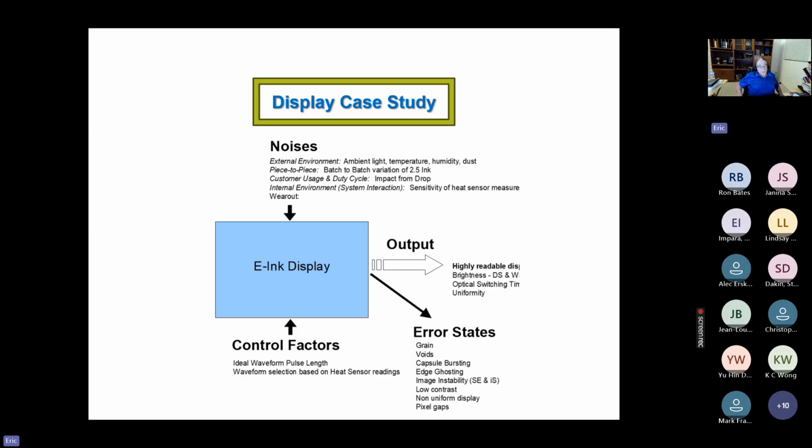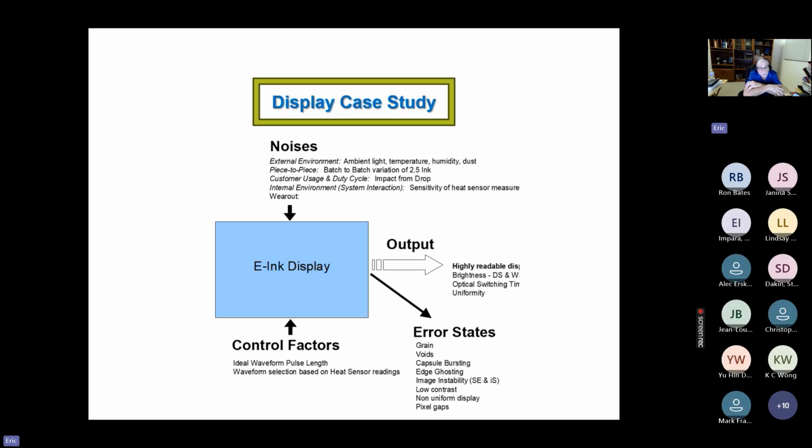So we did a P diagram, a parameter diagram for the E-Ink display. We talked about what are the outputs and what could go wrong with the desirable outputs. A highly readable display is the desired output. The error states, we listed them out and thought about the things we do control, the control factors, and the things we're somewhat subject to that we want to be robust against variation in, the noise factors, external environment, the different